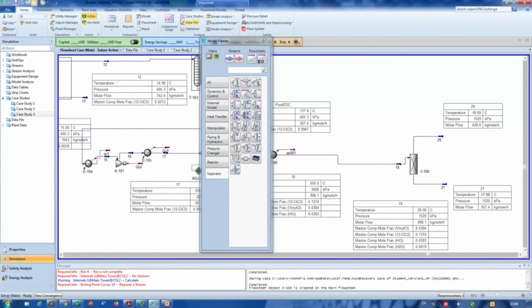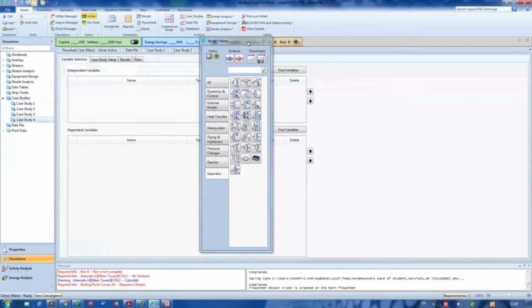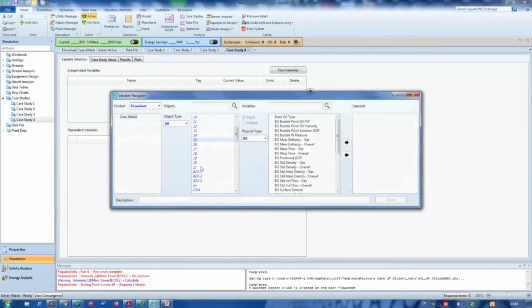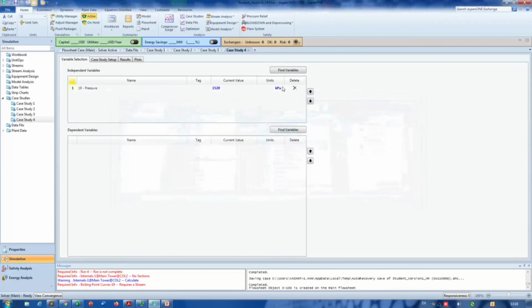So let's try to do that. It's simple. Just select a case study, add, close this, and find variable, select stream 19. So let's change the pressure. Done. Change the unit to atmospheres,